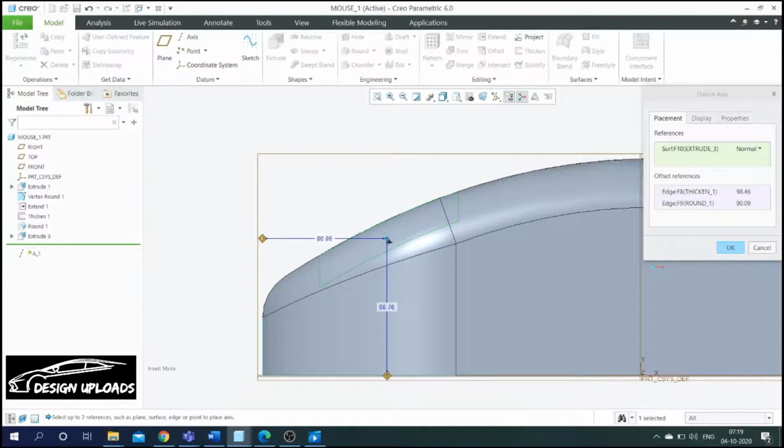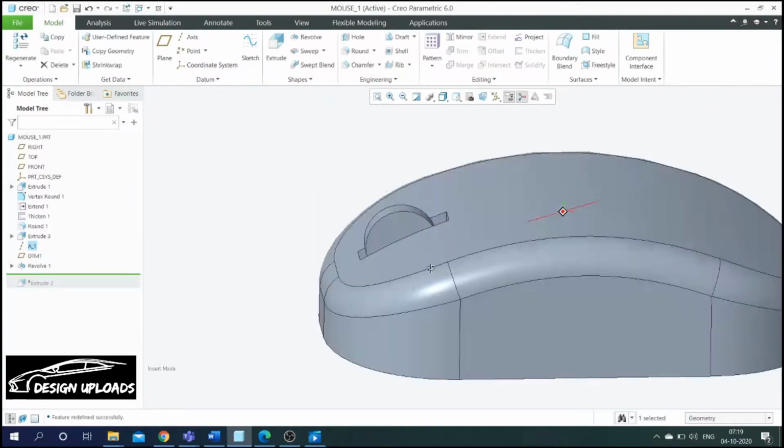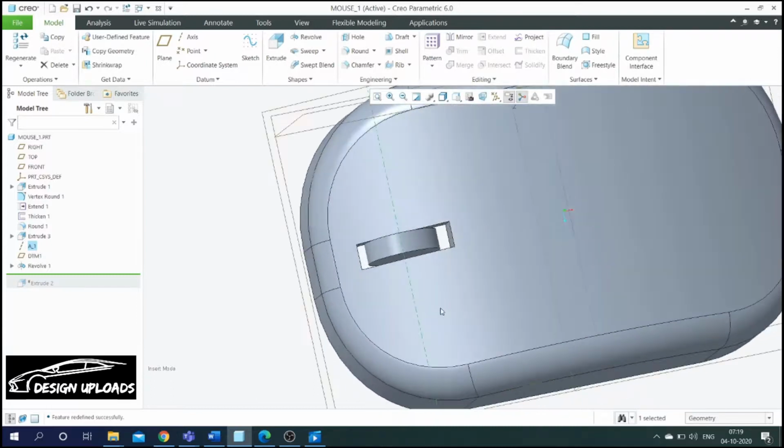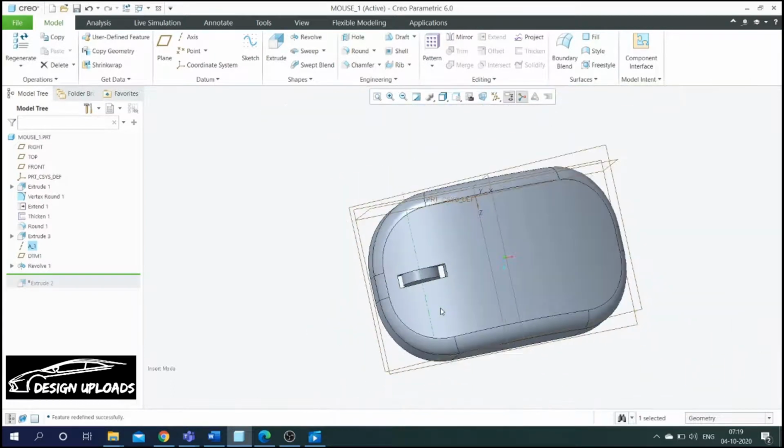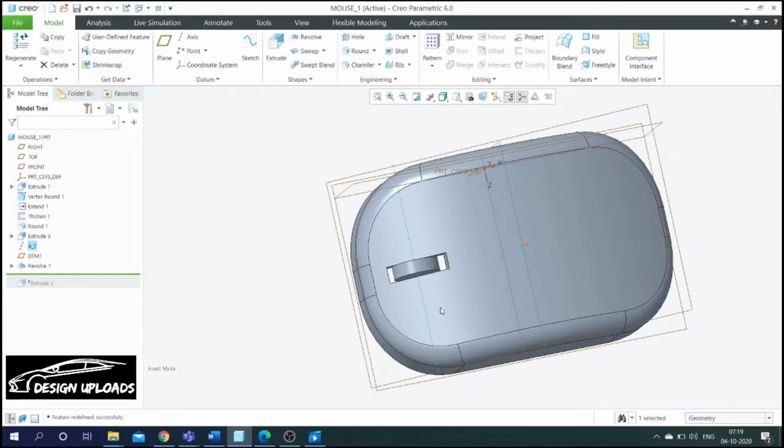Therefore, I have adjusted the points. After adjusting points, just give OK. Now you can view that the rollers are at the center of the slot. Okay, we can move to the next step.